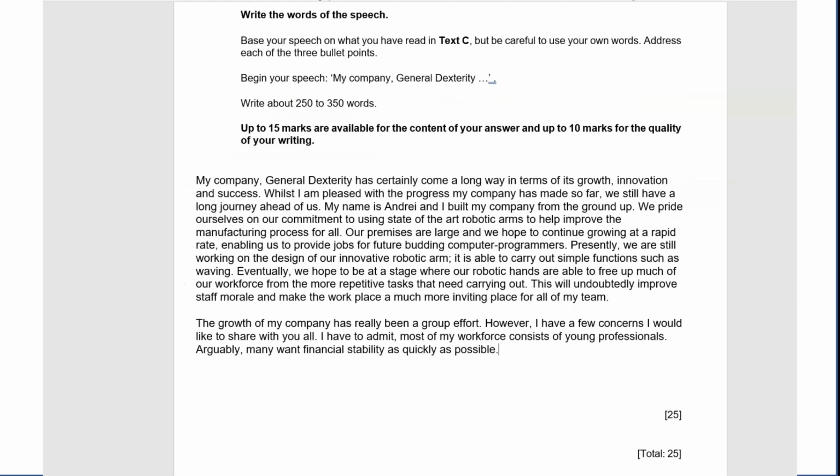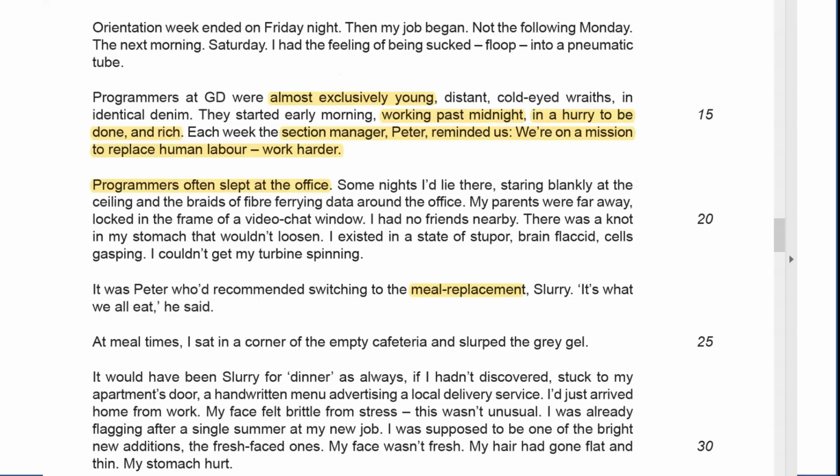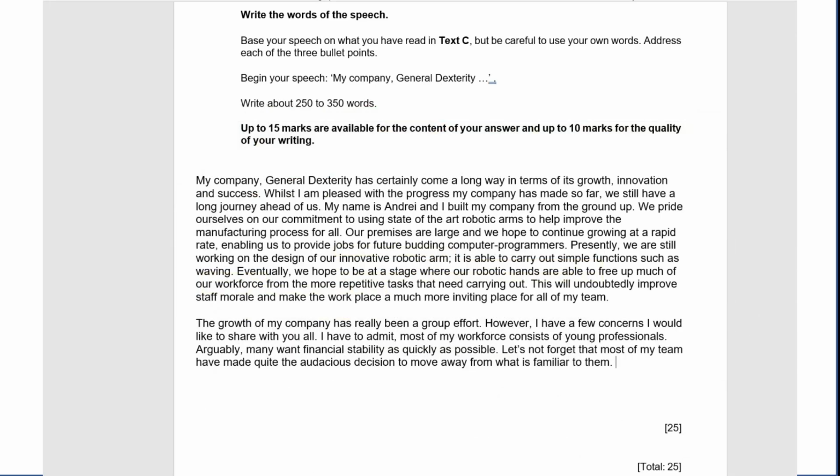And then I'm just going to develop this a little bit more. So I'm going to put, let's not forget that most of my team have made quite the brave, no, let's use audacious, decision to move away from what is familiar to them. Now, let's go back on to working past midnight. So we're not going to put that. Let's put